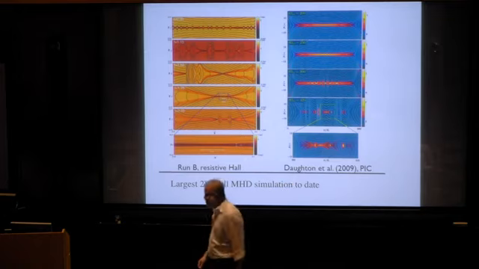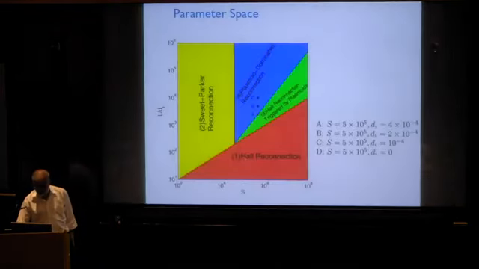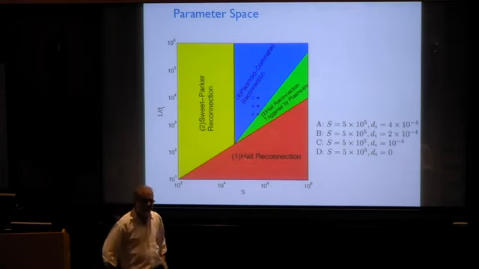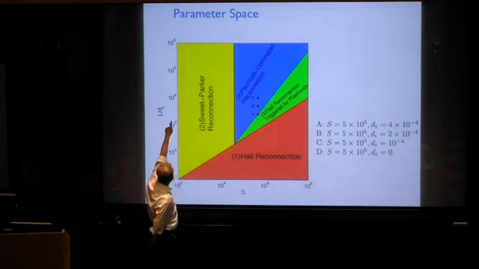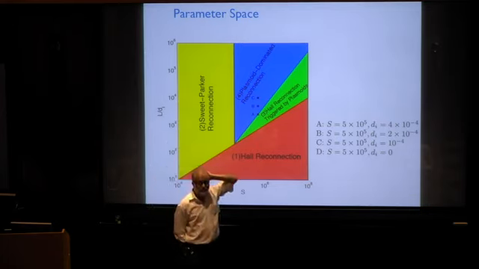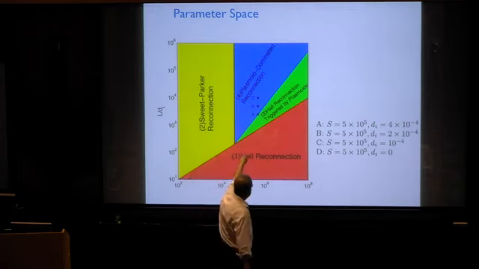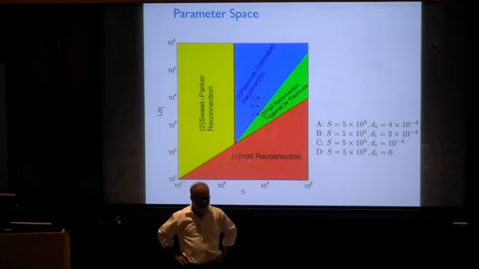That explains why I didn't dwell much on these blue and green regions, and you're sharp to catch me. There's a lot of action going on there, and you get to those regions only by designing experiments in the lab with L over di between 1,000 and 10 to the power 4, which is what MRX is about, what flares are about. But in astrophysics, of course, that's where you live. Even lots of L over di is very, very large there.